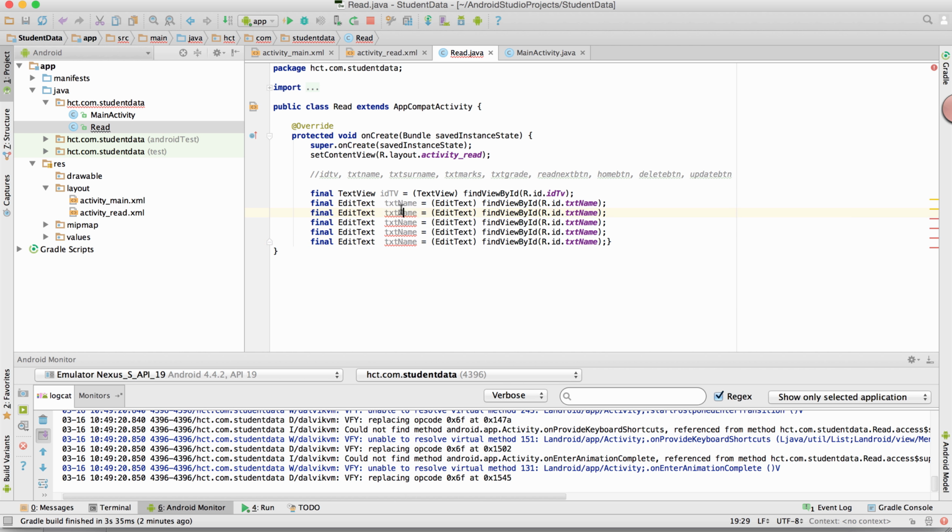Okay, so txt name I have, then I need txt surname, txt marks, txt grade. I'm gonna change this to txt surname, txt marks, txt grade. These are the ones which are there on the screen. And then also I have, now after all this, make sure you don't mess up with these brackets,